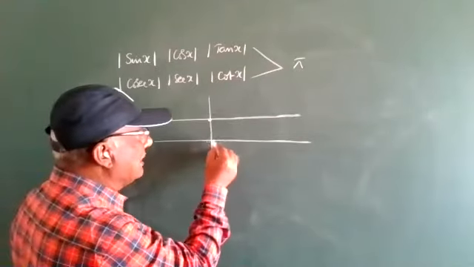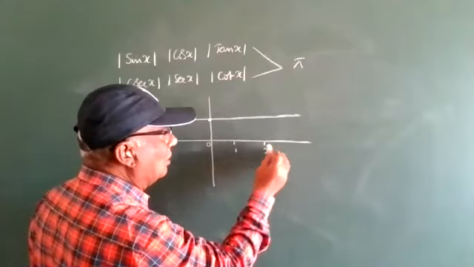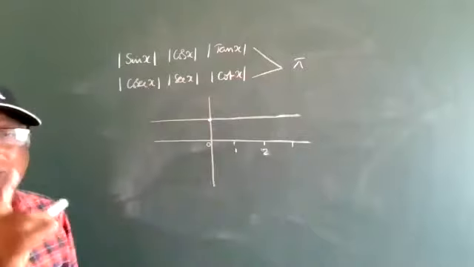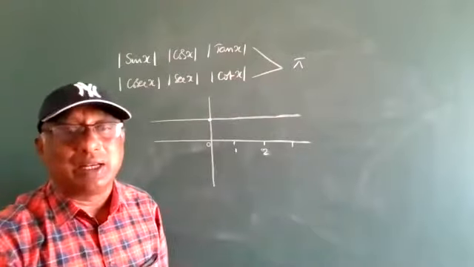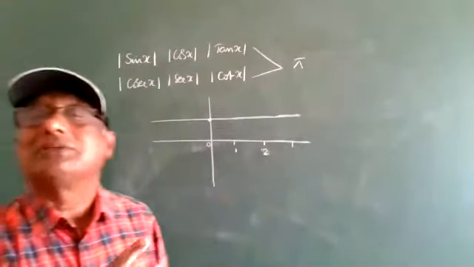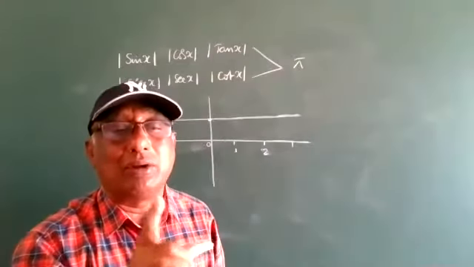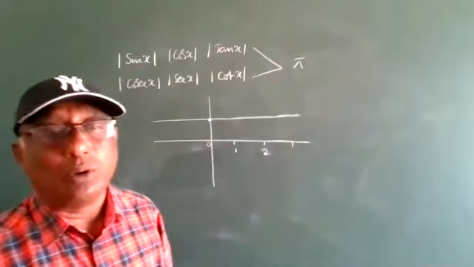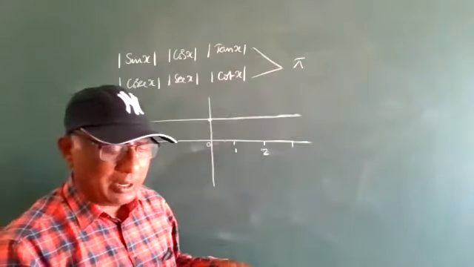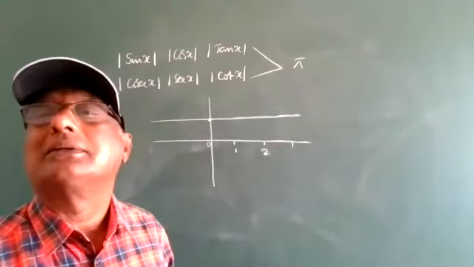The x value can be 0, or 1, or 2, or 3. Every constant function is a periodic function, but the x value is not fixed. That's why we say it is periodic but never has a fixed period. Clear? This is one more note point. Last one we are going to discuss.